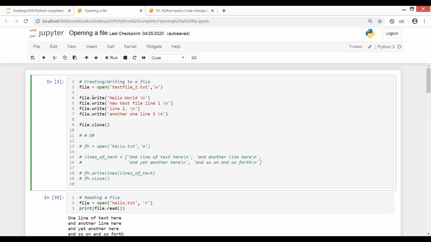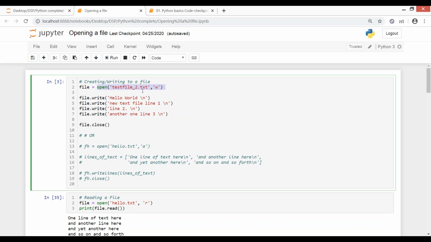Akash, can you turn on your mic and say it? I'm getting that you are saying the file is already in the system and we are opening it in Python. It means we are creating a new file in the system with this. I was not having test file underscore 2 in my system. I'm just creating a new file in my system using this command. It was not there. Is the confusion cleared, Akash? You're still confused.